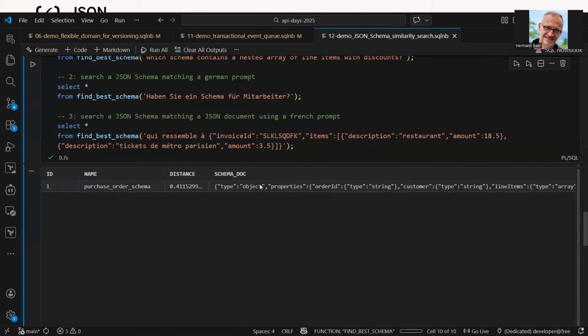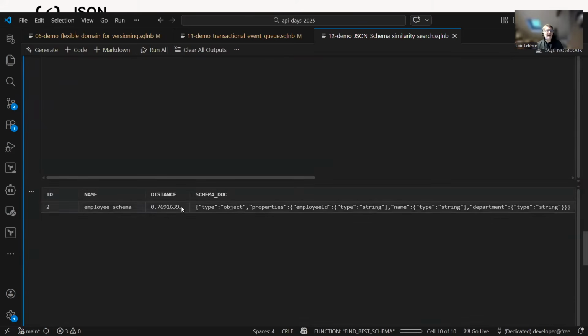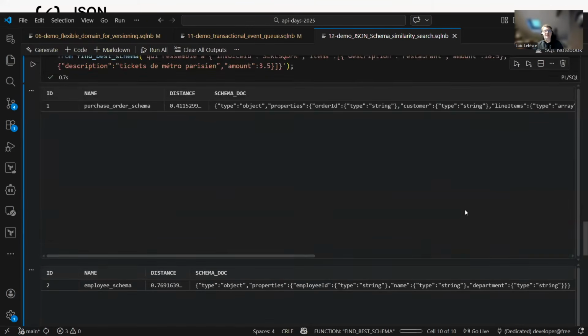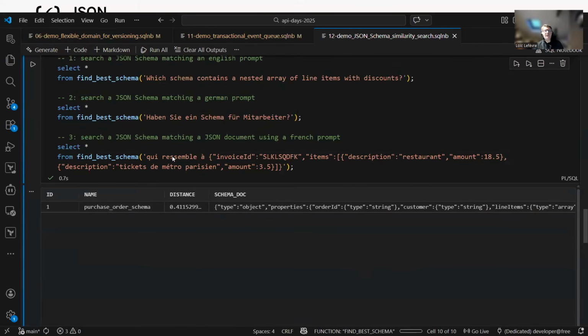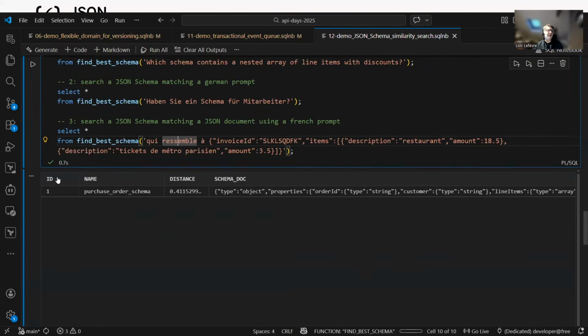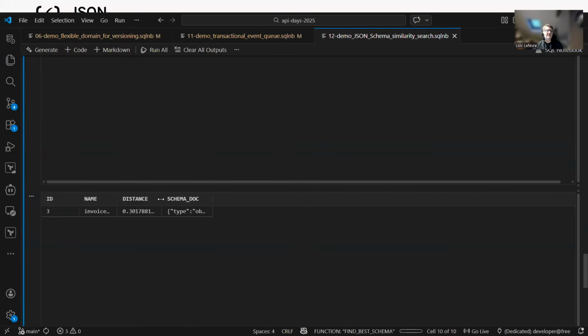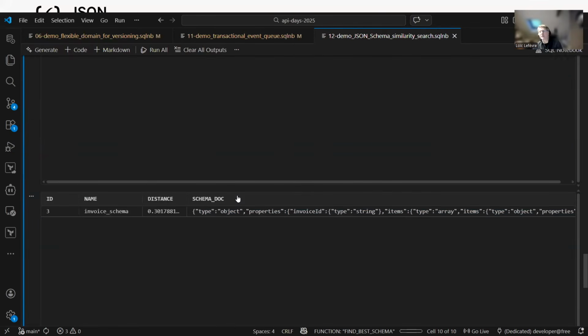All right, and so it finds the employee. It finds an employee and corresponding entries for that one. And when you look for a document that looks like, qui ressemble à, that looks like this one, it finds out that this is the invoice schema that is the closest one.